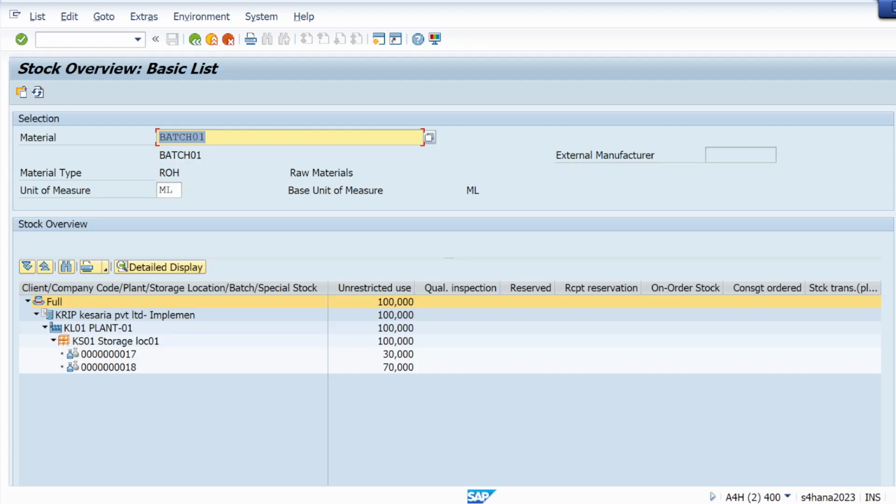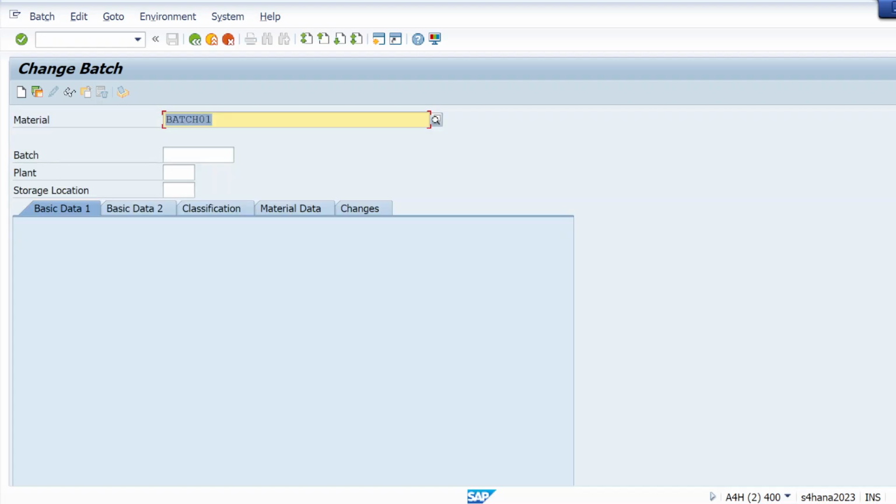Let me come back to the SAP sandbox. Use T code MSC2N. Hit enter. Give your material number, your batch number, your plant, your storage location, and just hit enter. Batch number is also required.